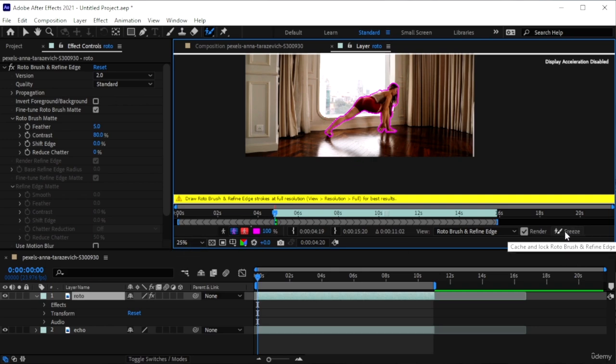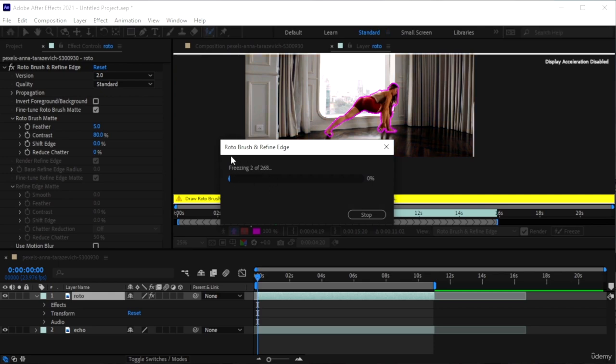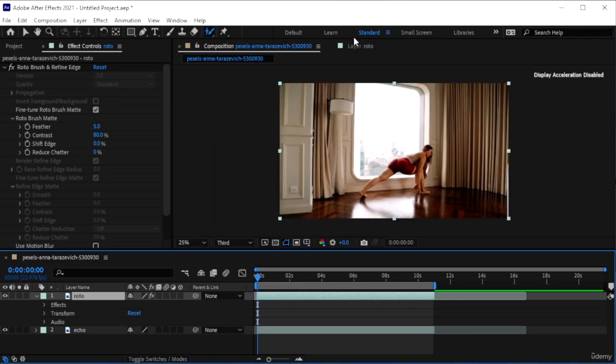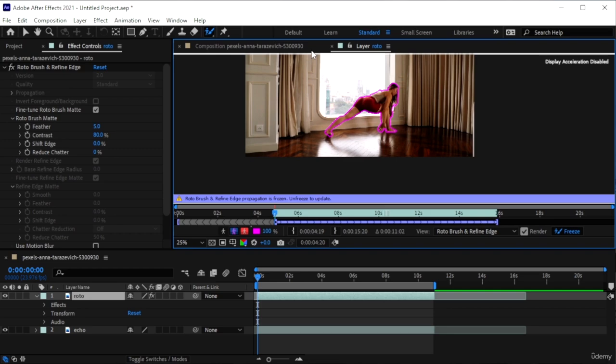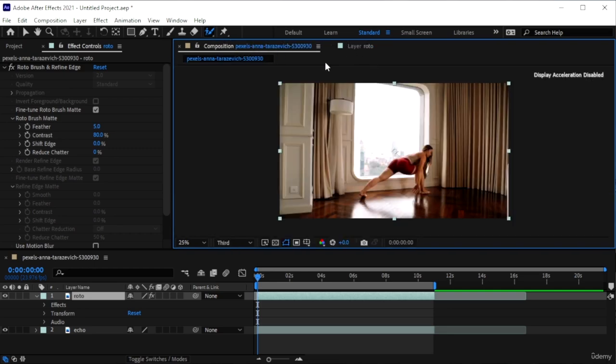Now we're going to hit this freeze guy. And basically what it's going to do is that once we gave it the selection, it's going to analyze each of the layers and separate our selection into a separate layer without the stuff we didn't select. So I'm going to let this do its thing, and then we'll be back to see how well it did. Alright, so it did its thing, and once you're done, just come to the composition, come out of the layer,